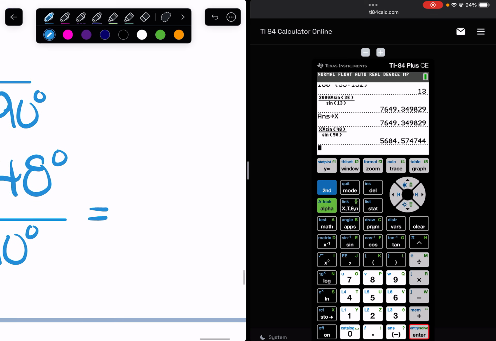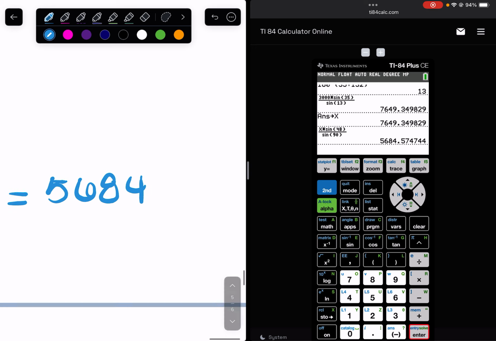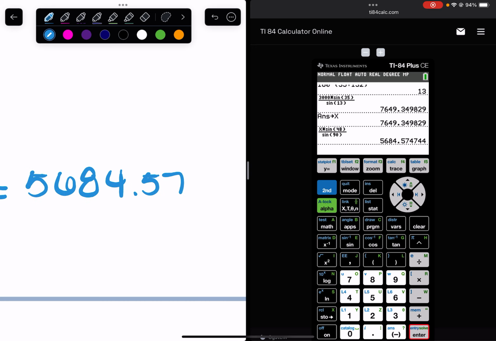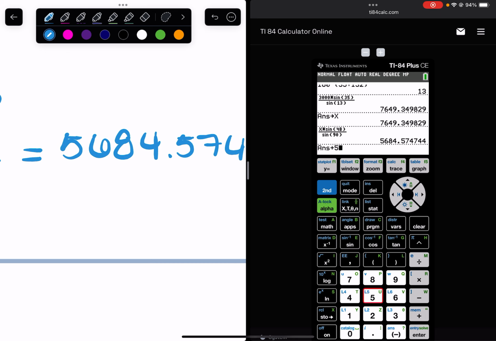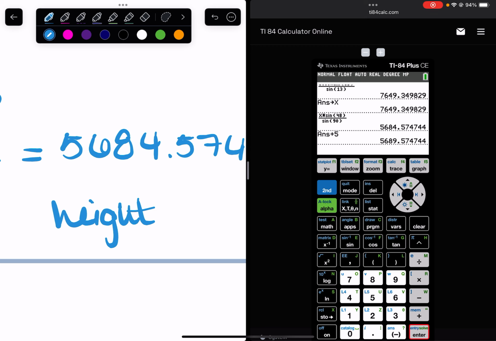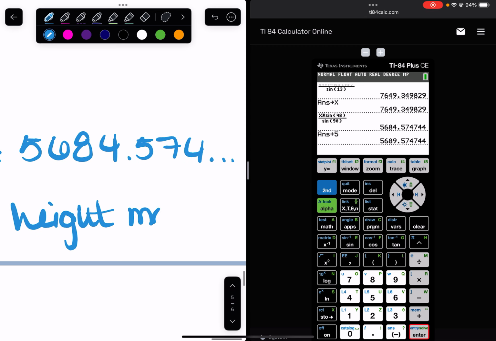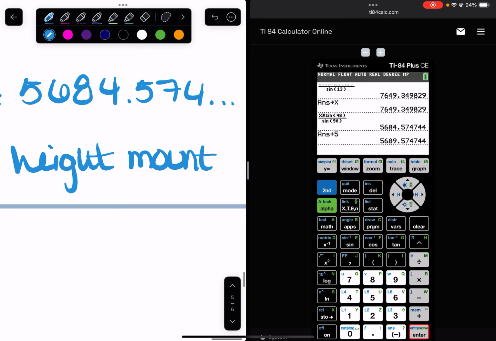Just be careful, remember, that transit was 5 feet tall, so the height of the mountain is this plus 5. So I'm going to add 5 onto it. So our height of our mountain is